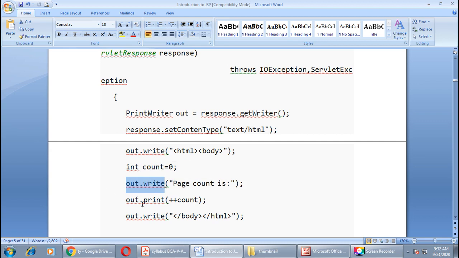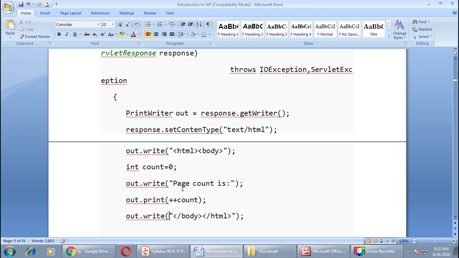Then we want to do the increment of this variable, so again we'll take ++count. This will do the increment of this variable, and we want to print that value on the browser, so we'll take this value inside the bracket, out.print.